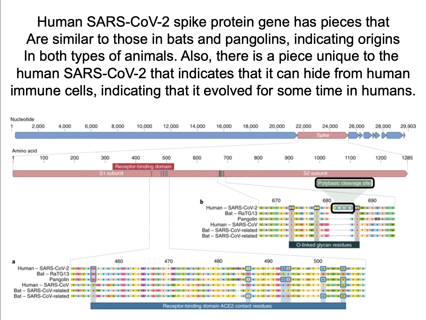But then there's this piece over here which is completely unique to the SARS-CoV-2, which is now the organism causing the COVID-19 pandemic. This is a piece that was not predicted to be there, and so it indicates that it wasn't created in a lab, but that it had evolved in a human population for some time, because what that little piece does is it causes a change in the spike protein so that it will evade the human immune system for some time. So it obviously evolved within humans for some time so it could evade and become a more efficient